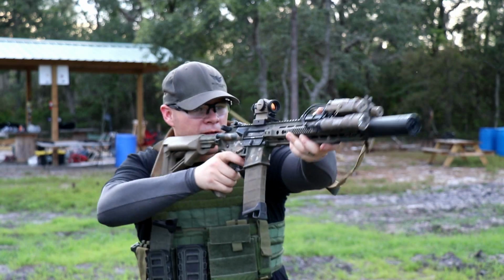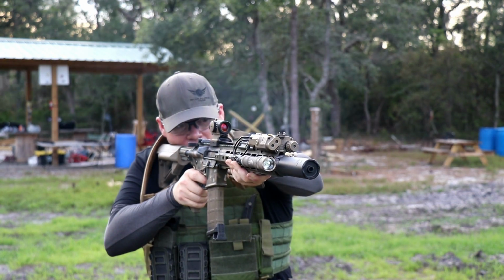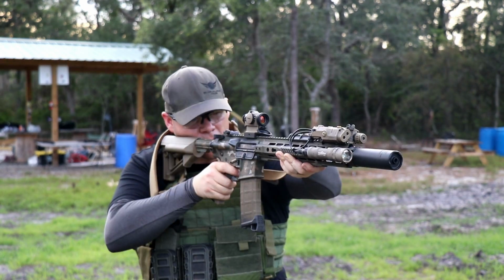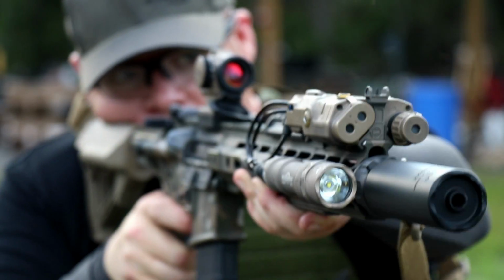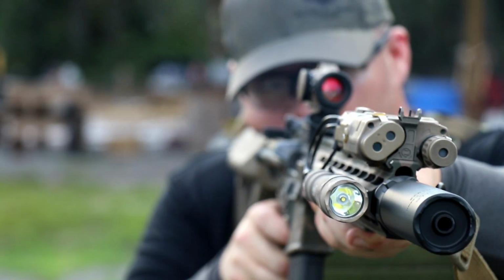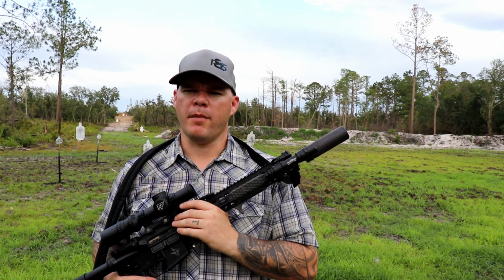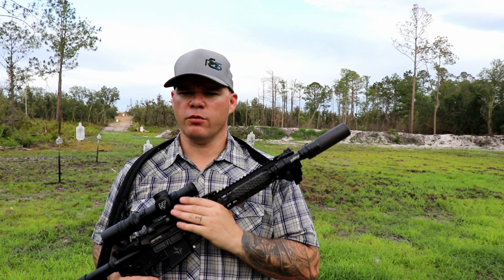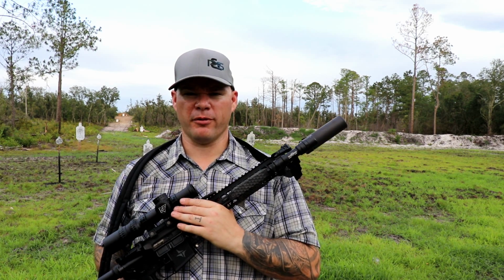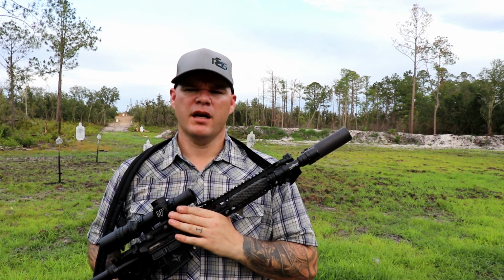Shooting on a 12-inch gun, I didn't notice a huge difference. Now, of course, full disclosure here, I do have hearing damage, so my ears aren't brand new. A person with really good hearing who's taken really good care of their ears and hasn't found themselves suddenly in a situation where, surprise, hearing damage, may have noticed it be a little bit more spicy than I did. But to my ear, the reduction was manageable. Is it something I'm going to do for extended periods of time? Not if I want my hearing to stay as good as it is right now,